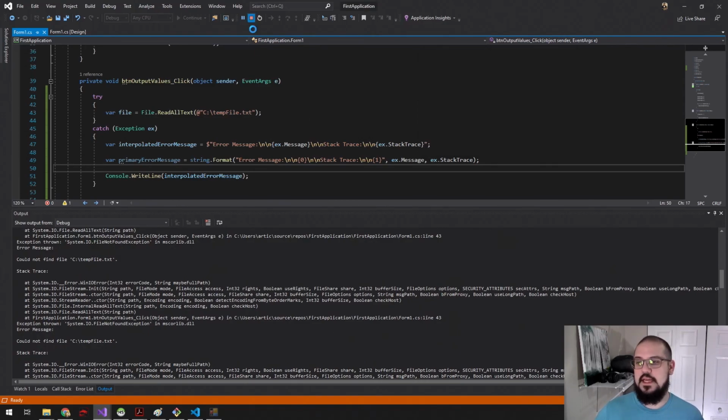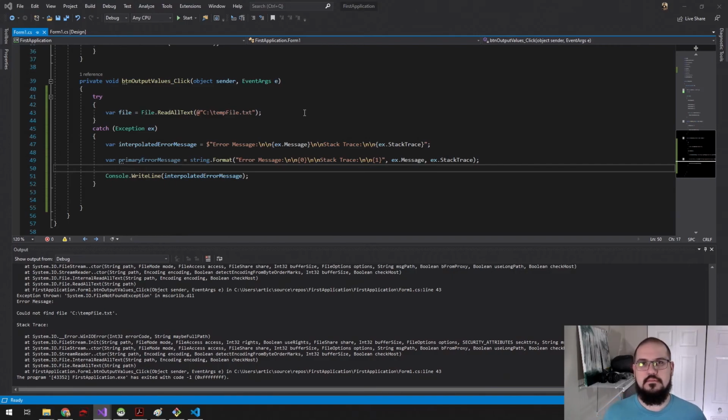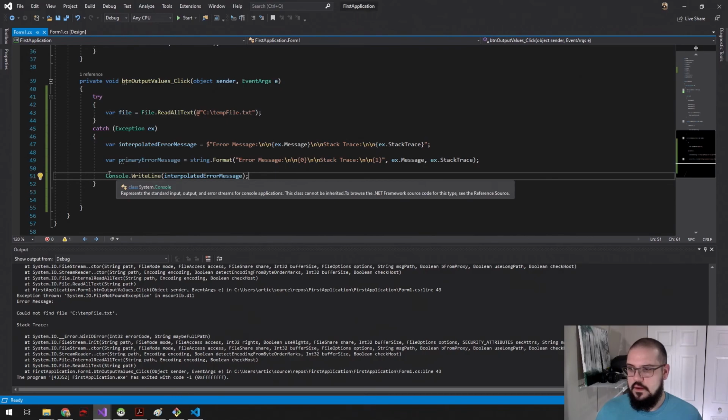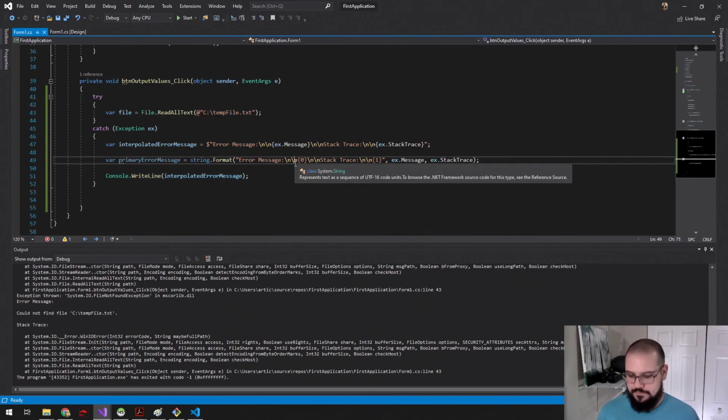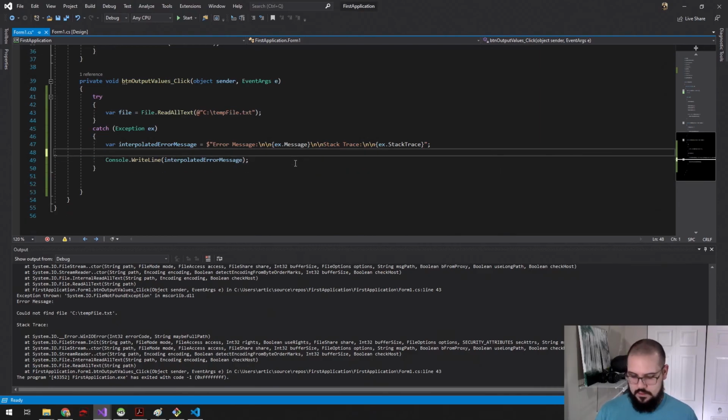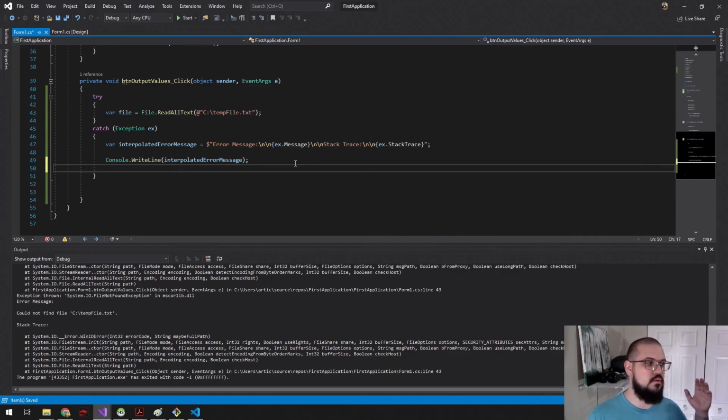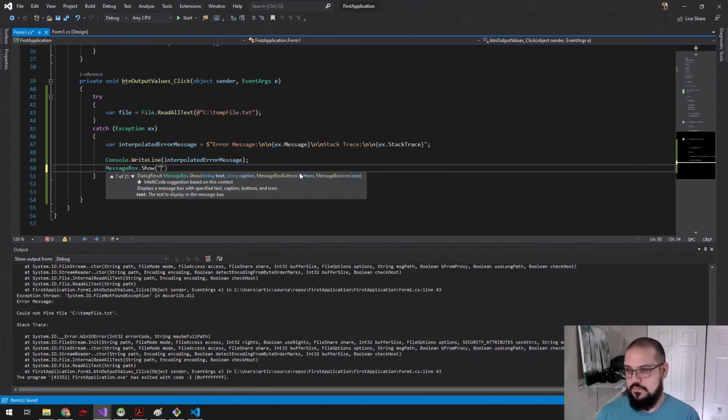So what if I want to display to the user that those output values didn't do anything? I don't want them to see the entire stack trace. That seems like overkill. Just going to remove that for cleanliness. But I still want that error to go to the console because I can attach to the process later. In this case, you can do a message box. MessageBox.Show. Let's do